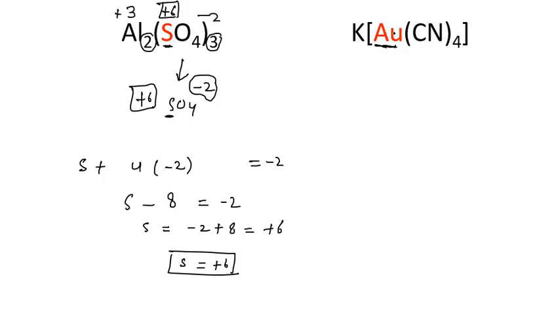This is a complex. You can directly put the oxidation numbers; it's up to you. You can see one potassium, and this part is also given there, so it will be +1, and the other part will be negative. Directly also you can do it, otherwise you can separate the anionic part, then calculate the oxidation number of gold. You will get the same and correct answer.